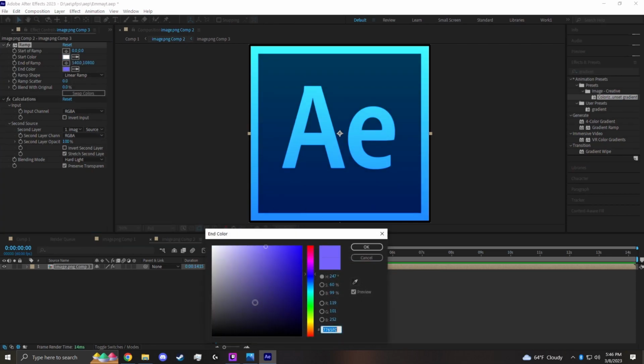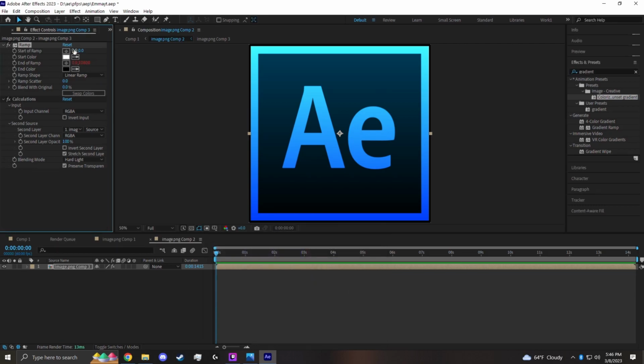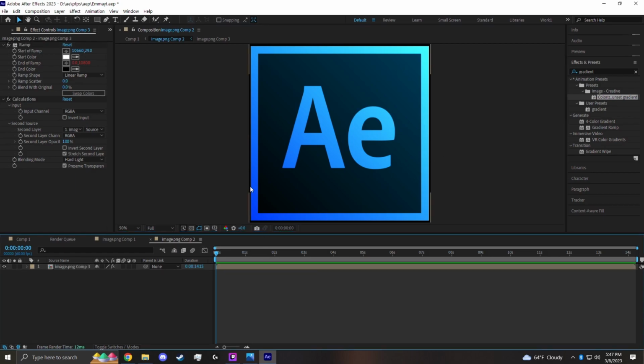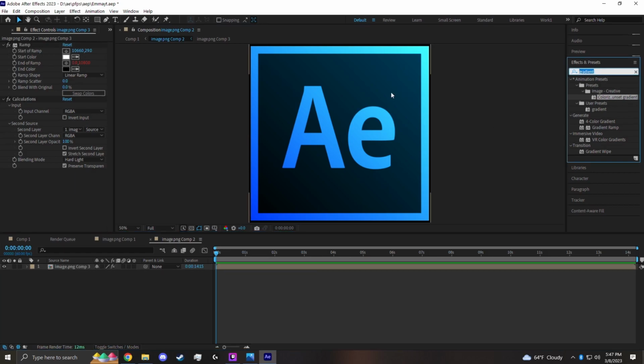End color is going to be black. Move this start ramp, this X position, the first one, over to the top right corner here, this little dot. And you should have a gradient. It's kind of cool. You're going to type in CC